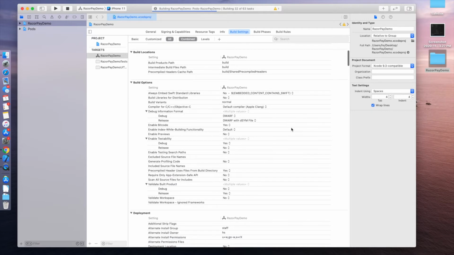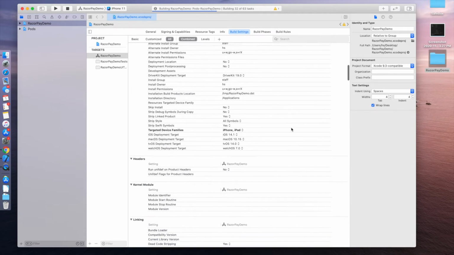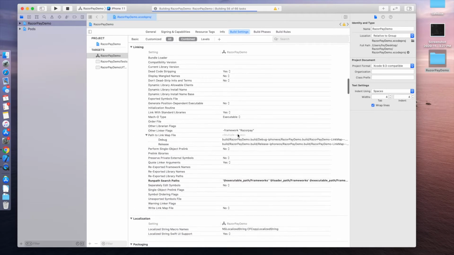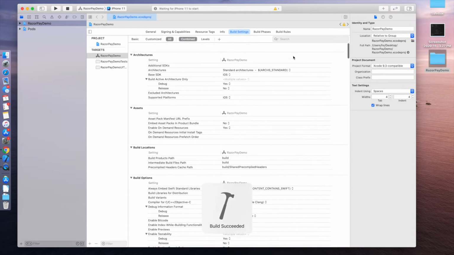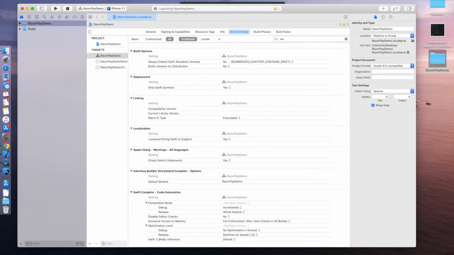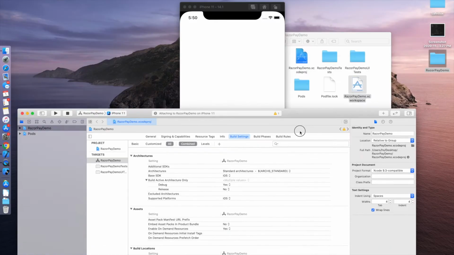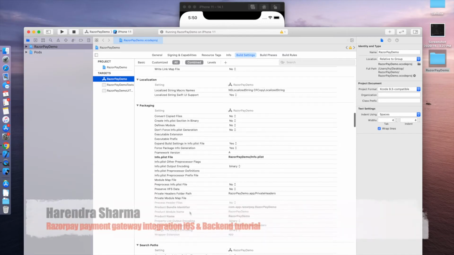Okay, so actually I'm looking for the Swift version inside this. So you can check what are the targets this Xcode version supports. So this is basically not related to our current development. I'm looking just for configuration only. So you can skip this thing. Meanwhile our project is building, so I'm looking for some configuration only. Okay, so project is